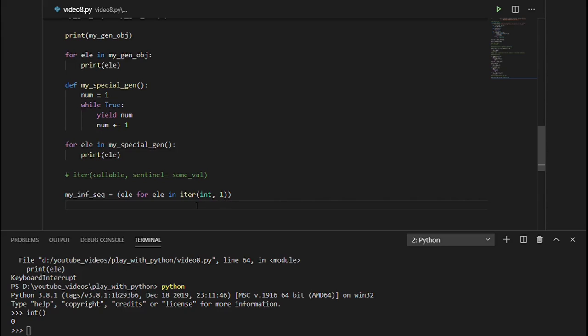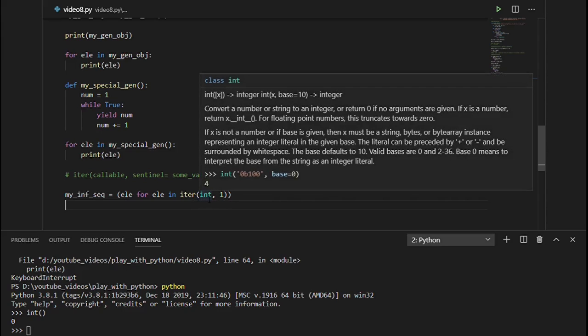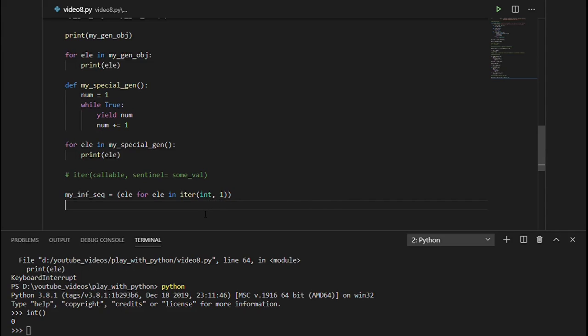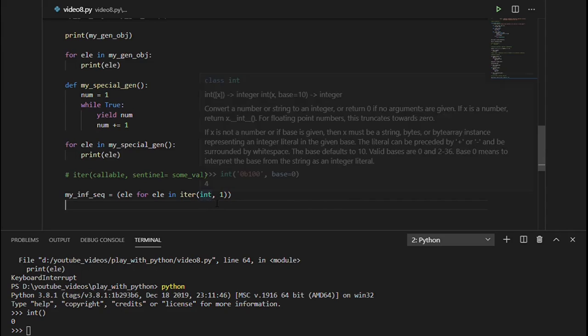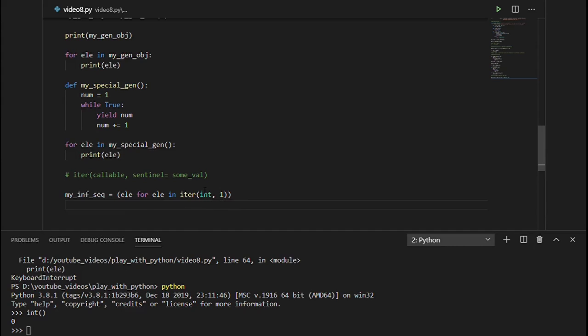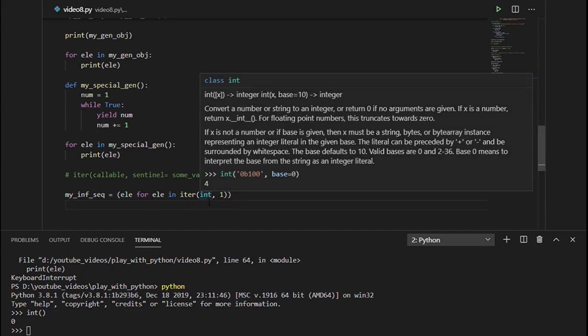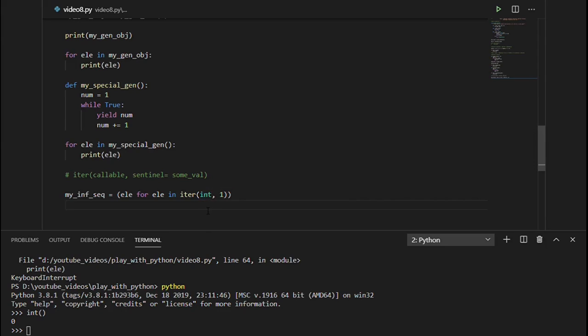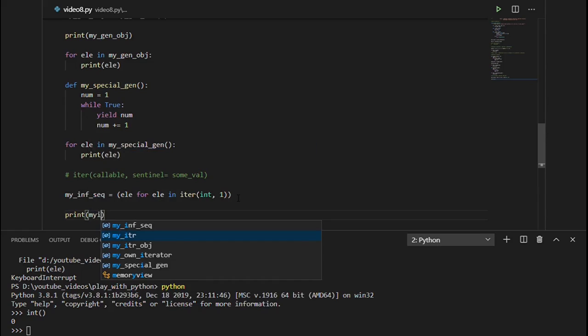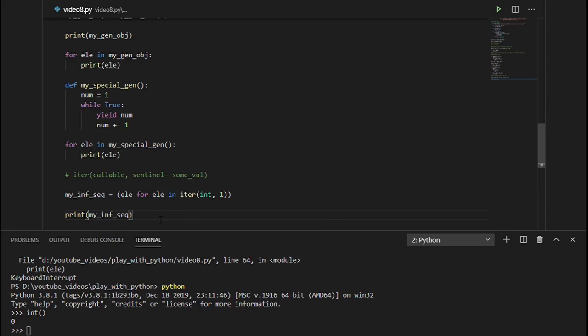Each time it checks this return value with this sentinel value. So it keeps on checking until the condition is true. As we are not manipulating the value, it always returns 0, so this condition never becomes true. So this becomes an infinite sequence. If we print my infinite sequence, obviously this is my generator, and if we do next on it, as you can guess,